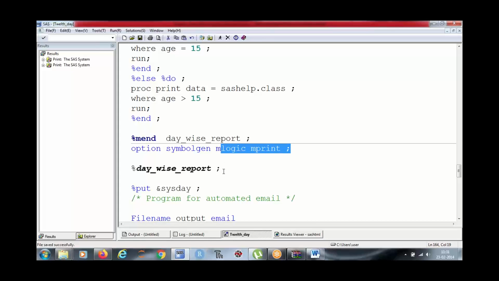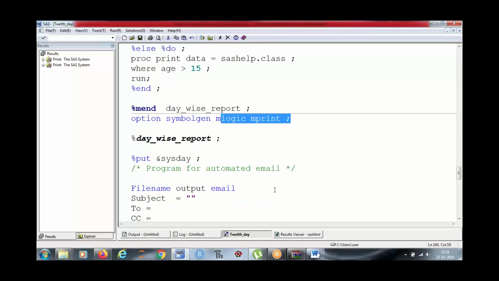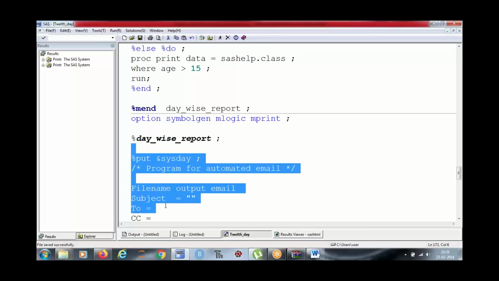With this, we are done with programming, but I want to help you with one more program, which we cannot run right now because we require some settings in our Outlook. We can run this in an organization.